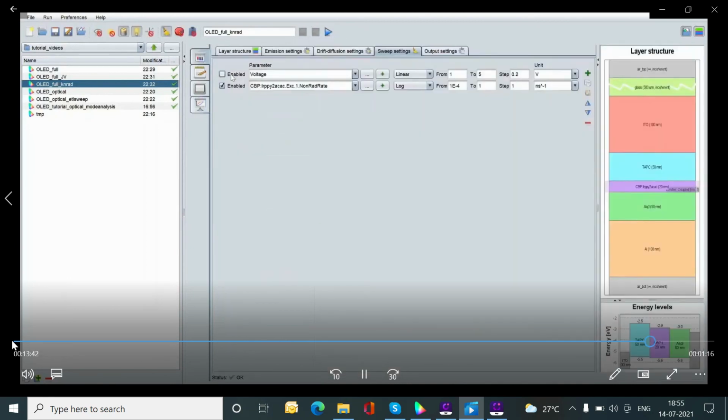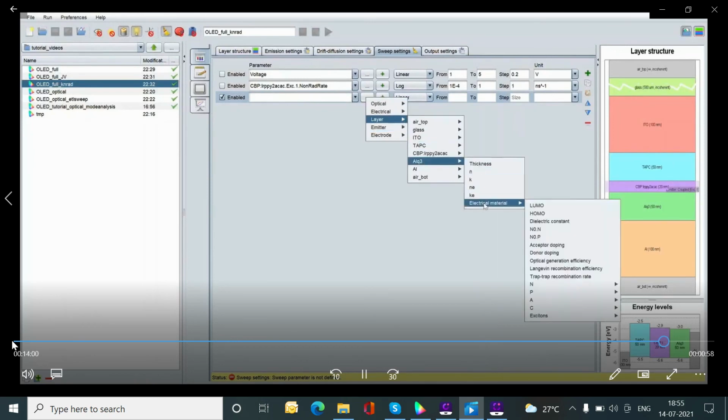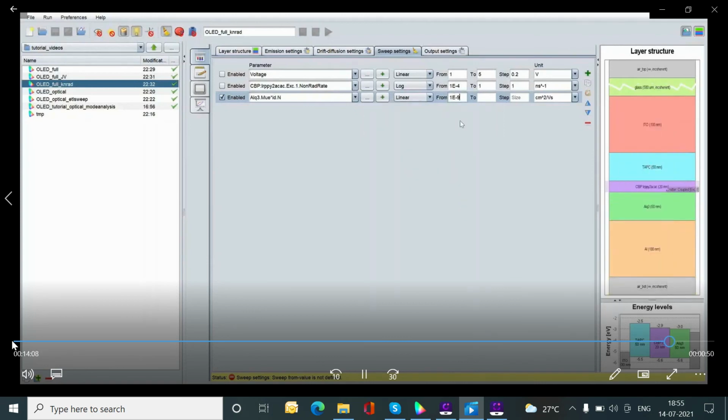So we can also sweep other electrical properties, not excitonic but electronic quantities. So for instance, sweeping over the mobility of the electron in the ETL layer. Here I choose the ETL layer, and in the electrical material, the mobility, from a very low mobility to rather high mobility, also on a log scale.